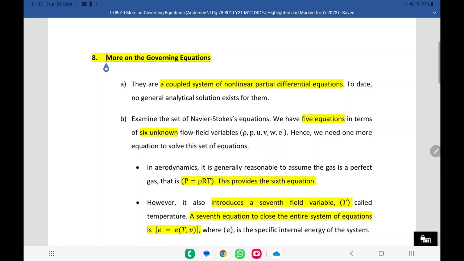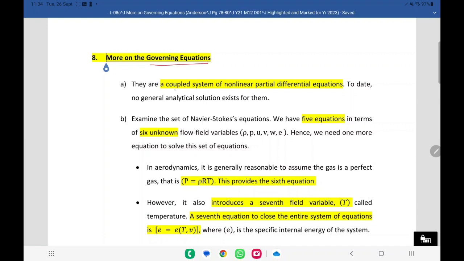Today what we will do is continue where we left off yesterday, and there's some addition to what we were doing yesterday. Now, discussing these governing equations,